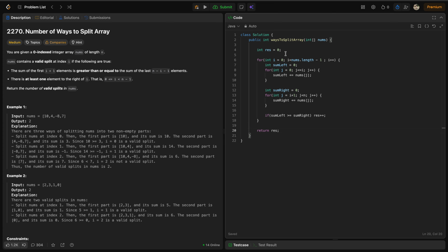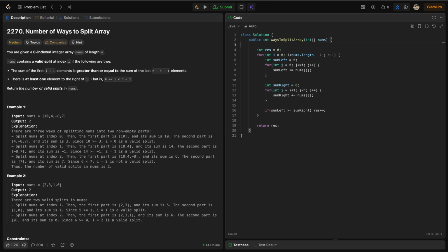Fine. So this is one way of doing this. This is the brute force approach. In this, the time complexity is n square because this is running n and this is also running till n in the worst case. Right. What else we can do is